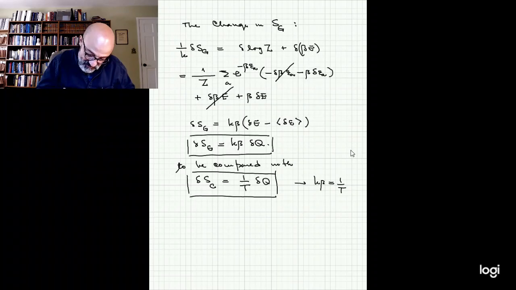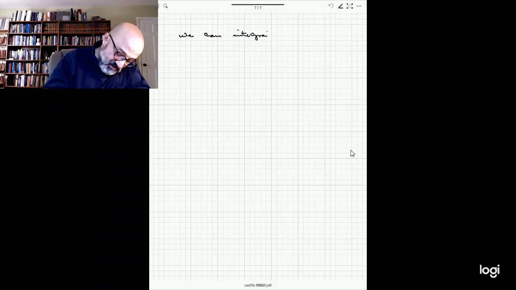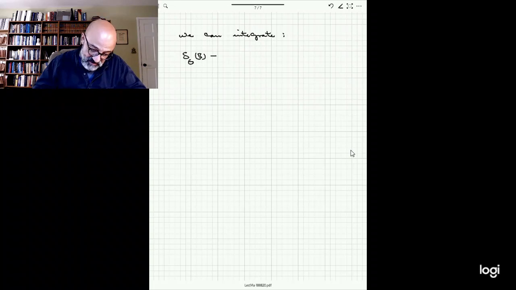We can integrate. We can integrate both expressions. When we integrate the Gibbs formula, we get that